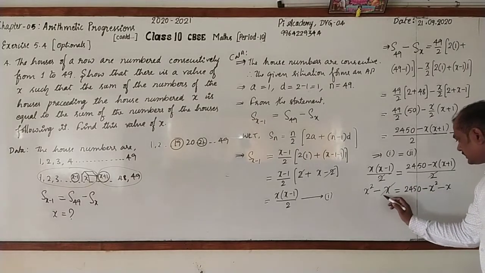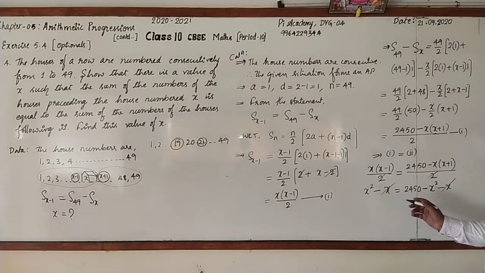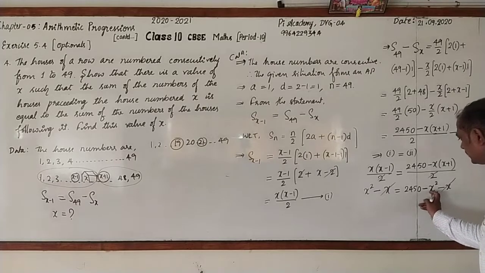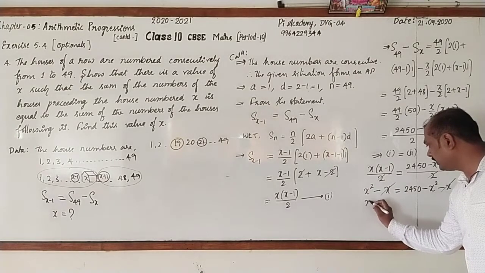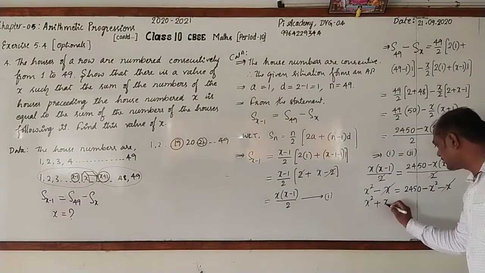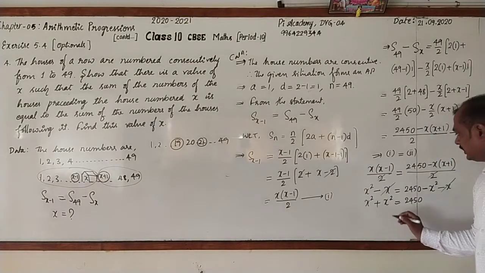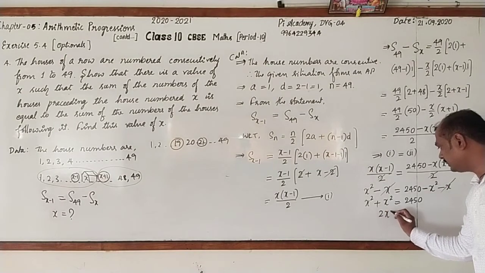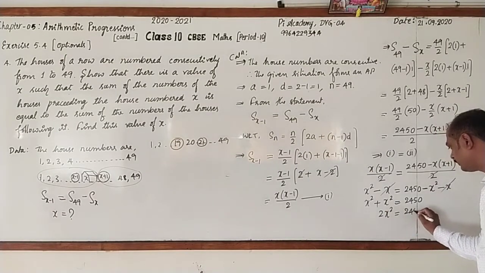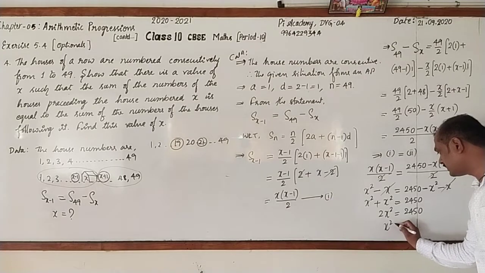Minus x, they get cancelled because they are on either side of the equal sign. Now take minus x square to the left hand side. Here already x square is there and this minus x square becomes plus x square. It will be x square plus x square, it is 2x square equal to 2450. Then x square is equal to